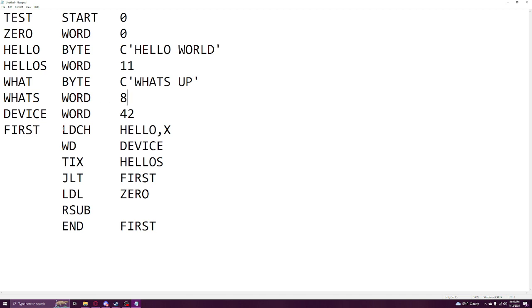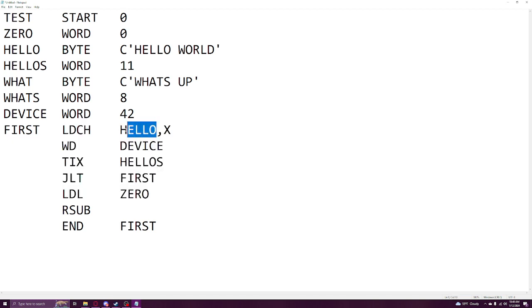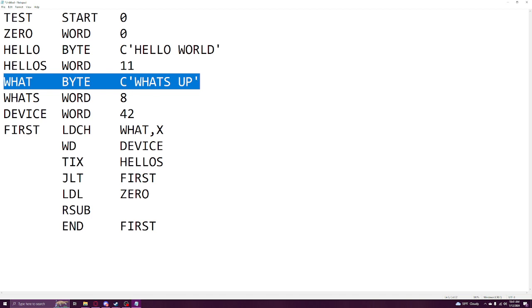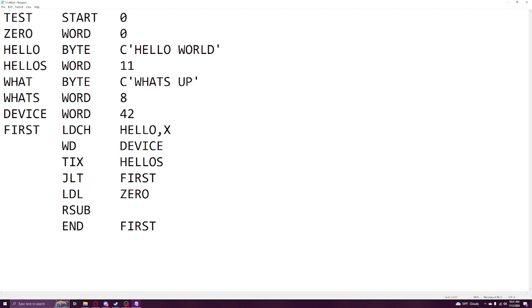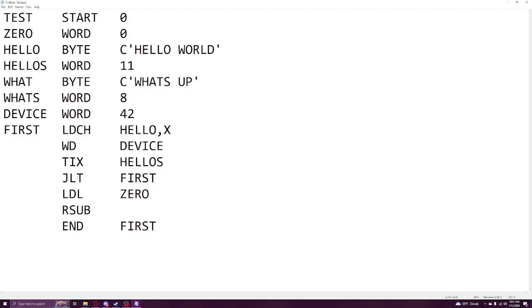And then we just need to do this process again. But instead, we change this hello to what, because we want to reference this string and try and print from that instead. And if you wanted to try and print out both, what you could do is just keep this first loop, and then we'll load it into x0, just so that we know we're going to start from the beginning of the string. And then just repeat this process,